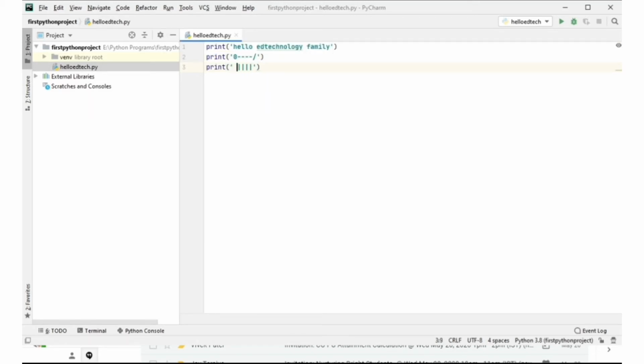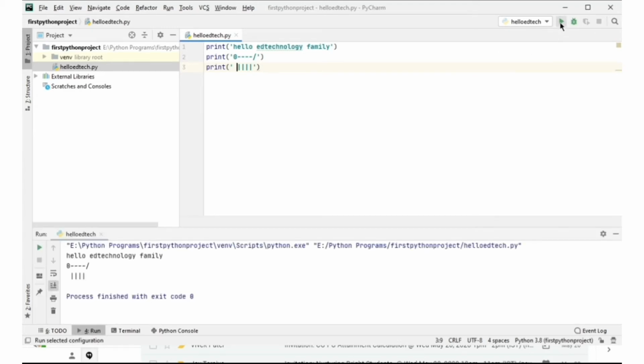Let me give it a space so it looks more appropriate, and we'll go here and run the program. And as you can see in here, you have a dog which appears onto the screen along with the first print statement, which is ED Technology family. So if you understand, Python uses an interpreter. So in computer science terms, it runs the code line by line. There's another way also, which if you learn C programming, it is a compiler where the whole program is executed and then the output comes. Whereas in Python, it executes line by line, each line, and then it gives the output onto the output screen.